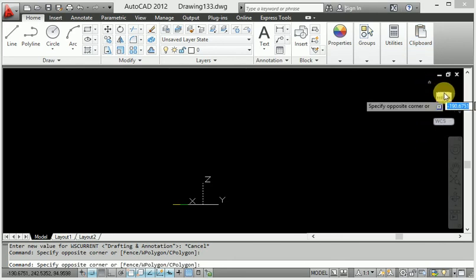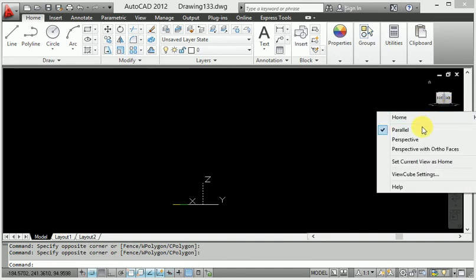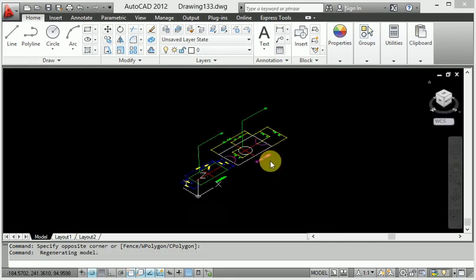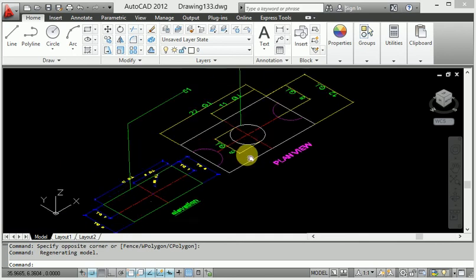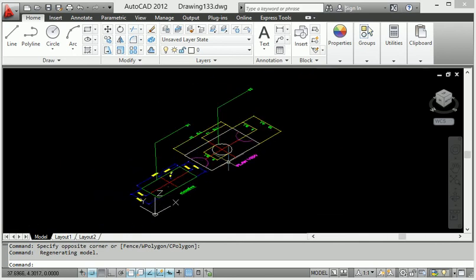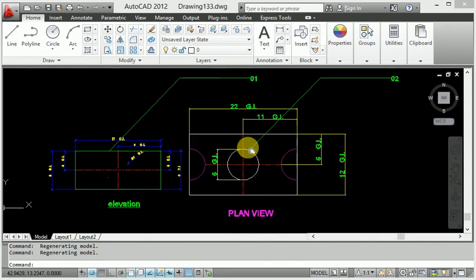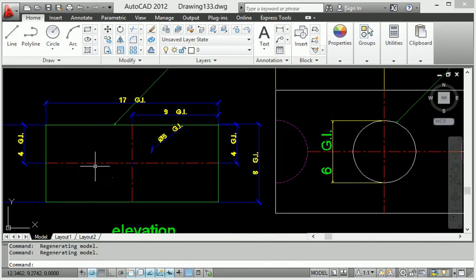And click any projection view, it's a perspective home page. So this is the 3D type of presentation in our sketch here. If I click the top view, then you come to the top view in the 2D sketch diagram.